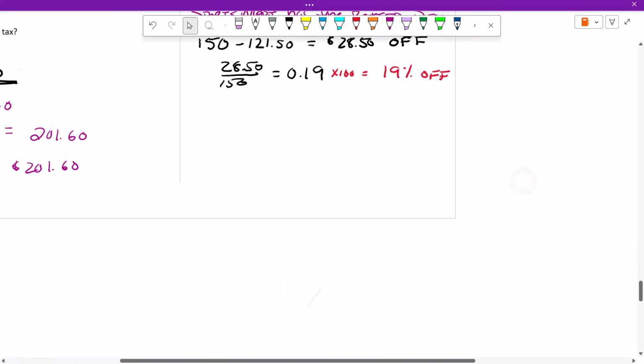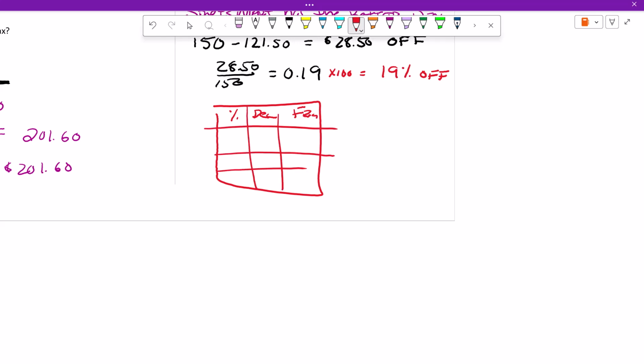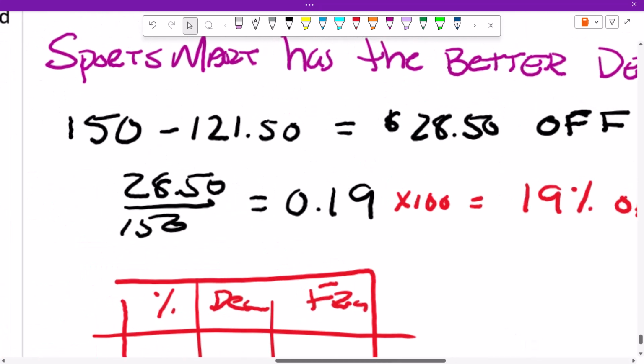When I gave you a chart like this, and we had percent, and we had decimal, and we had fraction, and you had to convert between all 3 things, right? Remember that? You sort of, not really how to do it, but you sort of remember that chart. So that's going to be on the test as well, right? So you got the applications figured out. You were doing really good on that, but I'm guessing based on what I saw and heard with this one, you sort of forgot how to turn percentages to decimals and decimals to percentages, all the converting around. So we'll do more review on that next day. Okay? So today,